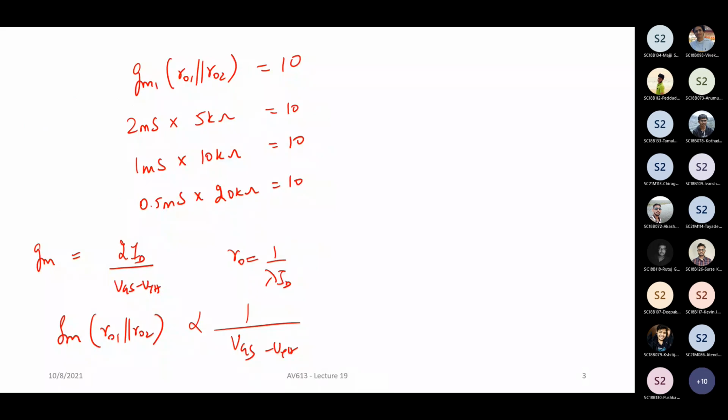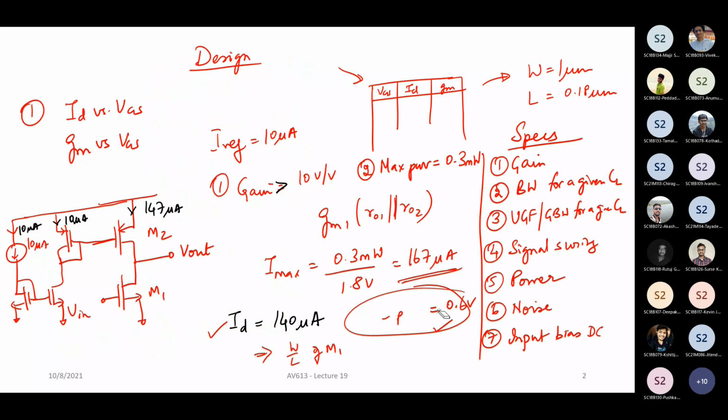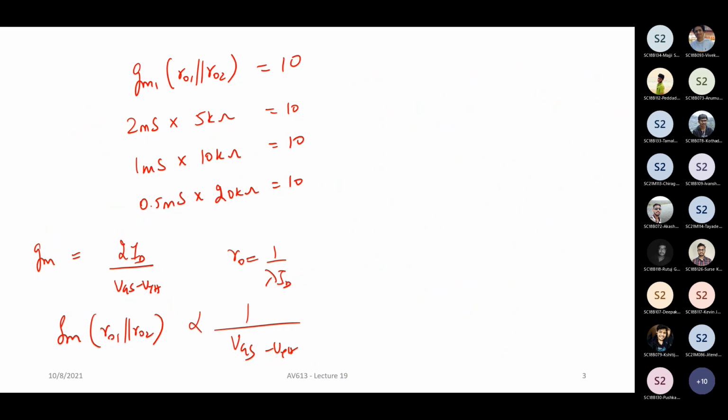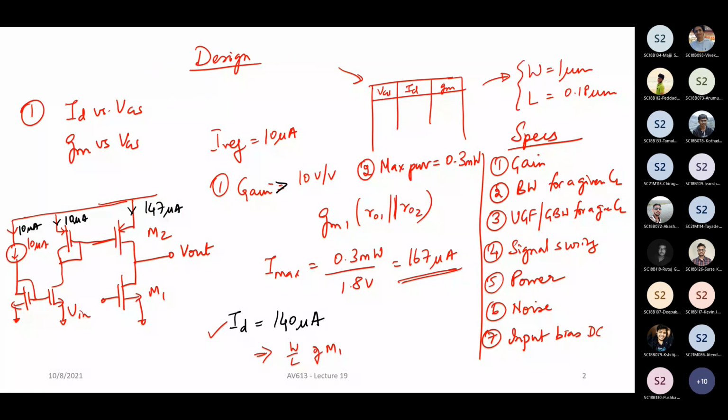If you do not have this particular constraint, you can go and do that. Or else the other thing you can do is reduce your current. For example, now I'm not taking the input DC point. If I'm not taking the input DC point, you can select a certain VGS value. Here you've done the simulation for 1 micrometer. For example, let's say 0.6 has some 30 microampere of current and some 15 millisiemens of GM.